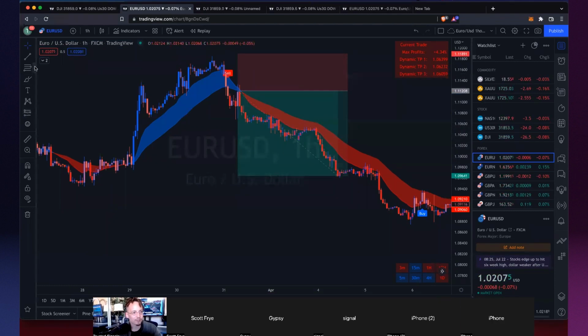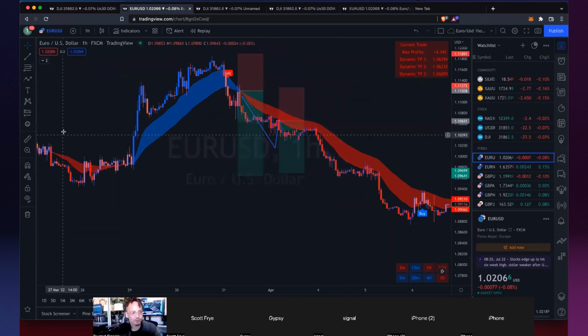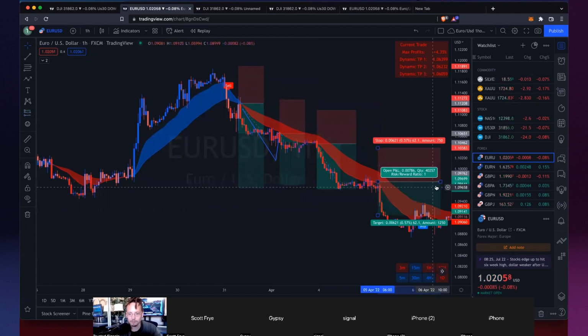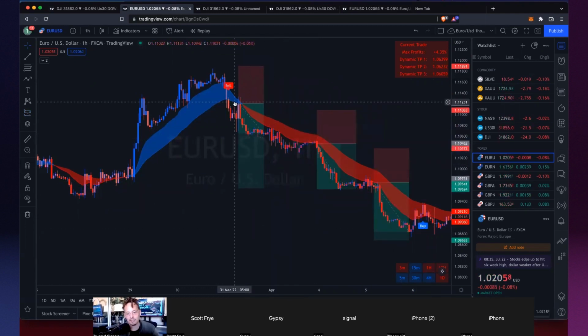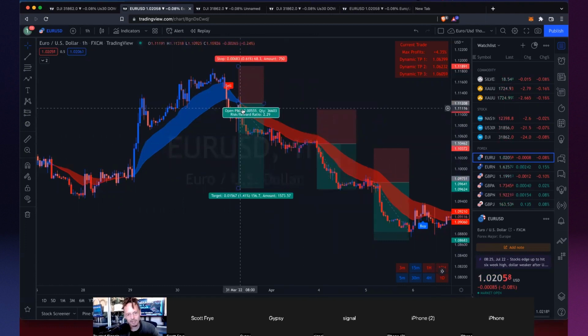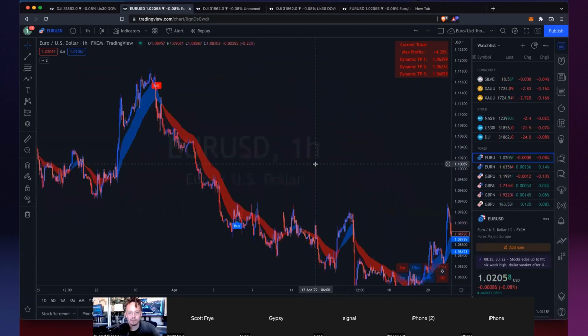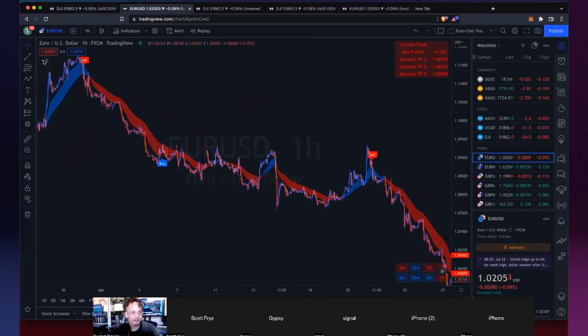And then if you look right here, it retests again there. So that could also be a short entry. I'm just going to keep it thin so we can see them. That could be a short entry. This could be a short entry. This could be a short entry here. So the point that I'm getting to is using the EMA clouds as a trend indicator and taking the trades on the retests of the cloud. And this is all in the main indicator. This is the main indicator, which also